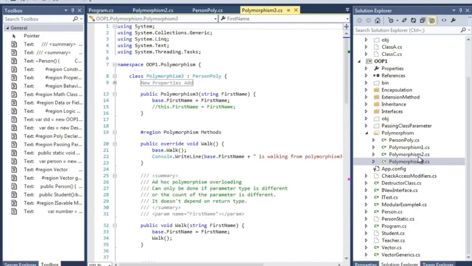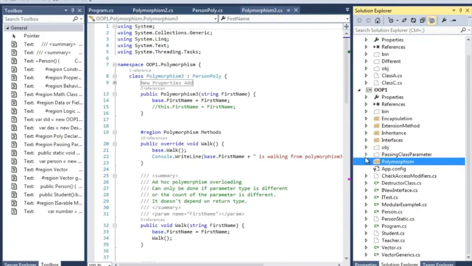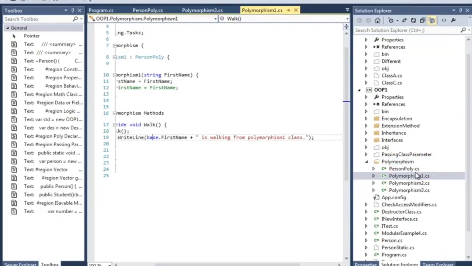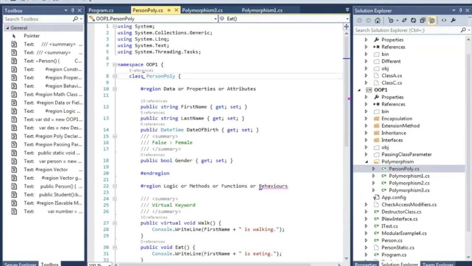Previously you have seen that to do the polymorphism, what we did is put the method as virtual keyword in the base class.